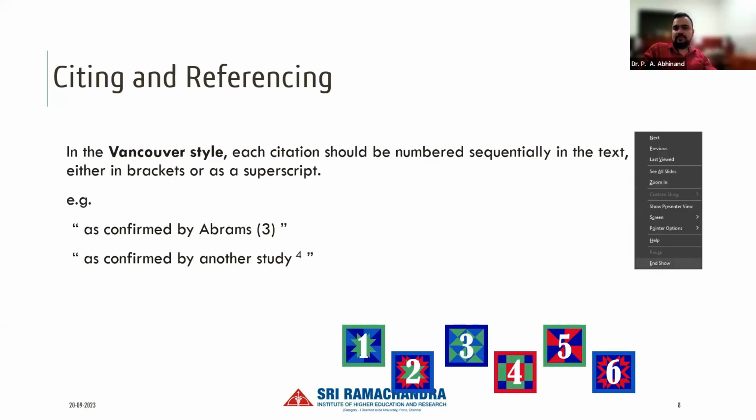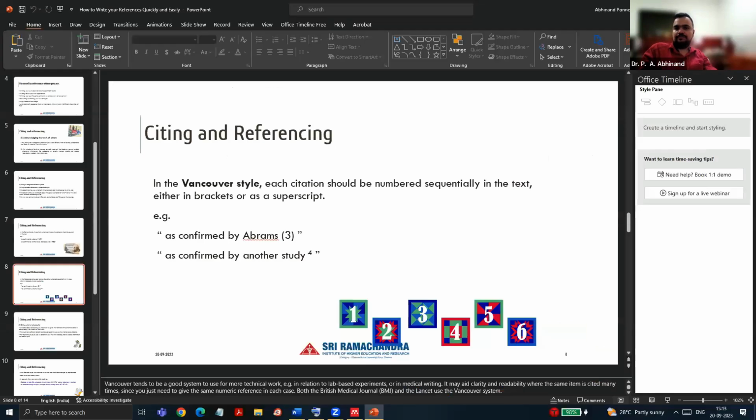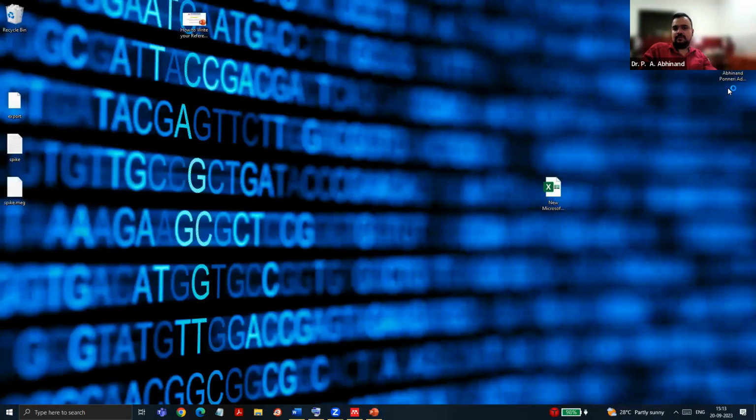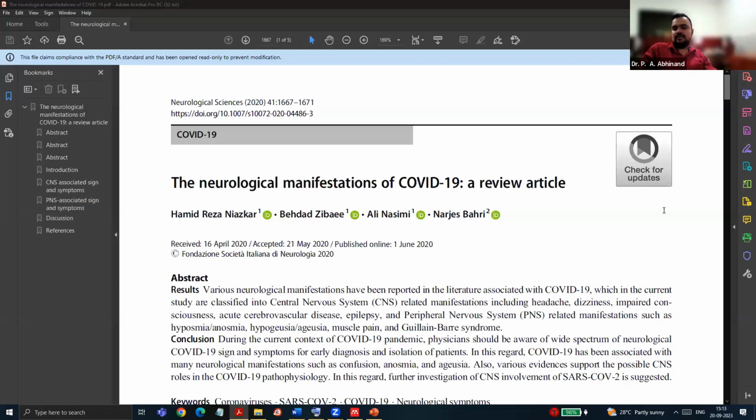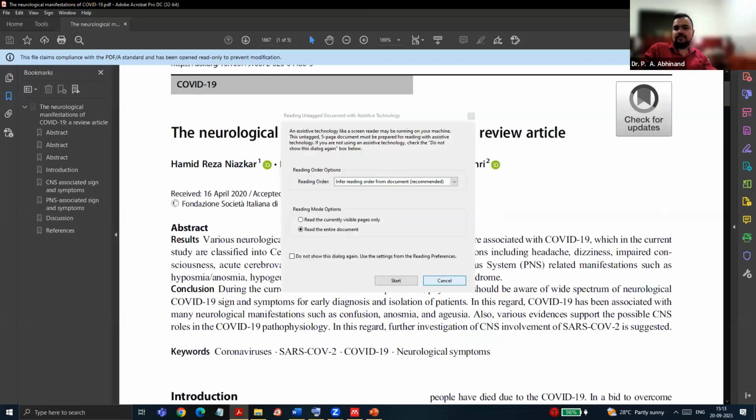For example, I can show you one research paper. This is a paper published in the Journal of Neurological Sciences. So what style is this? This is the numbering style, correct? Numbering style means Vancouver style, correct? Yes or no? Right. And this is Frontiers in Neurology.